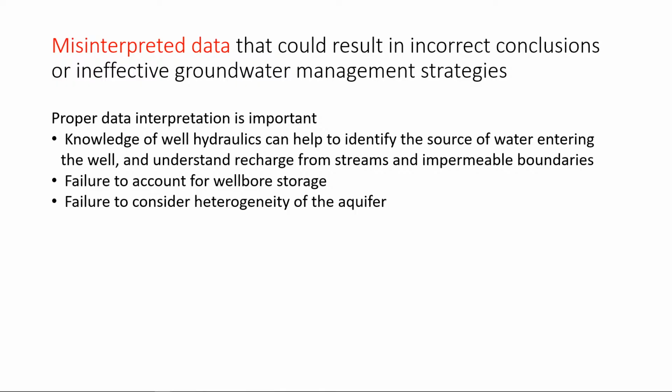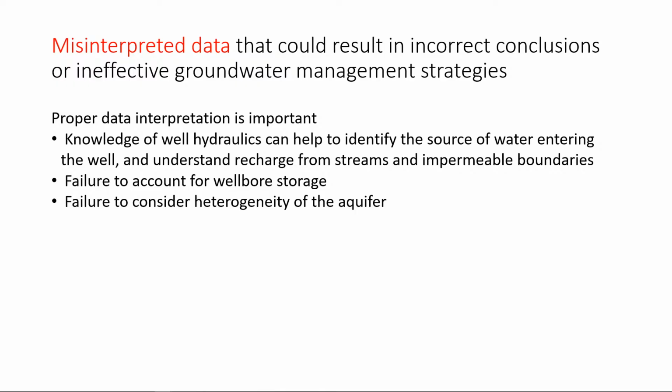For example, if you are conducting your pumping test in a more permeable area than the surroundings, that may result in overestimating your hydraulic conductivity for the entire aquifer. And that's why we generally conduct several pumping tests at different locations, as we will see in your modeling case